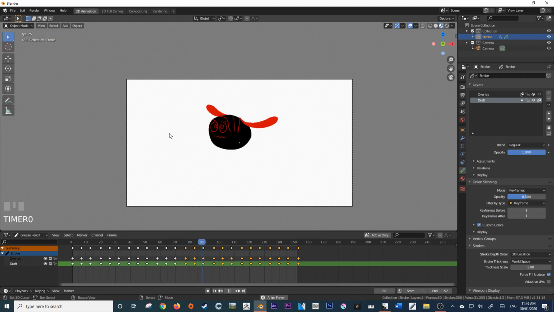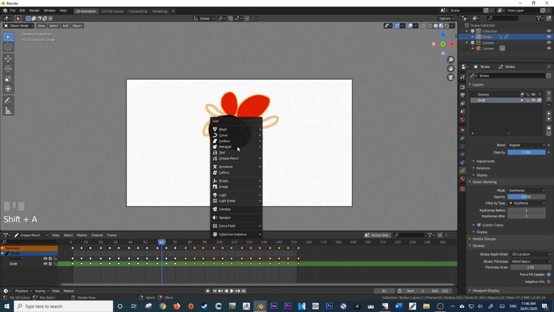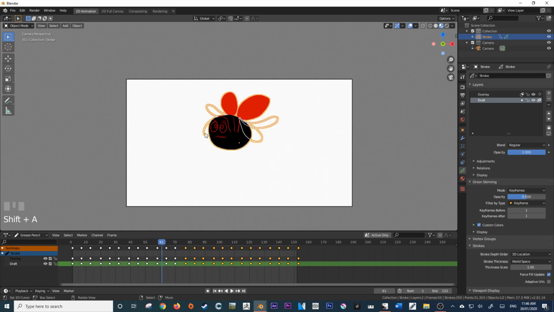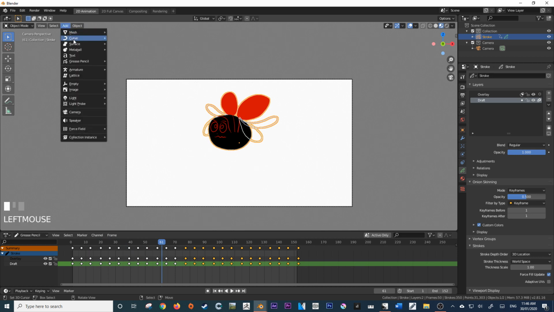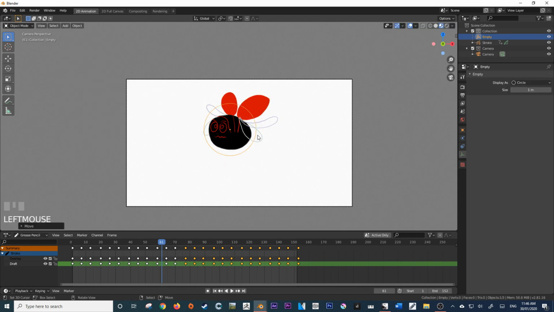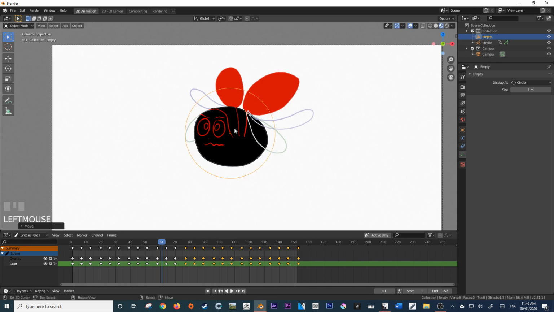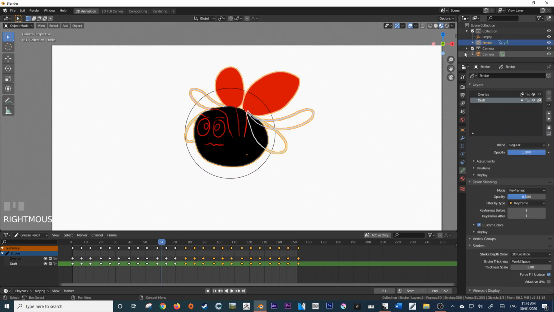Excellent. So now that we got this little fly guy moving, these wings in animation, what I can then do is create an empty. What I'm doing to get that is pressing Shift A while in object mode. You can also go up here to add and then come down here to empty and create any empty. I'm just going to create a circle for now and sort of just create it around my little bee guy. I'm also going to select the stroke because remember how the hierarchy works. Stroke, layers, and then strokes within the layers on different keyframes.